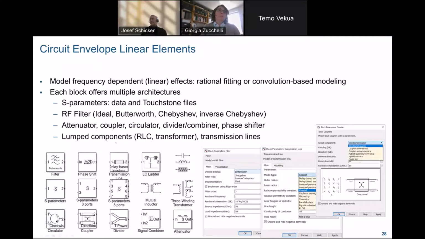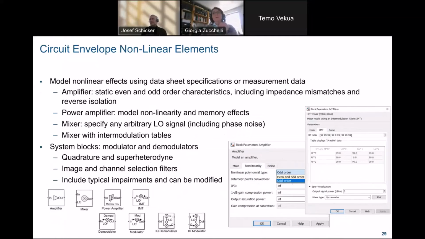And you have lots of other components that are given in terms of specifications. They're all behavioral models that you can use in your simulation. For nonlinear components, there is a lot to say here. So you can provide the specifications in terms of IP2, IP3, saturation, 1 dB compression point.